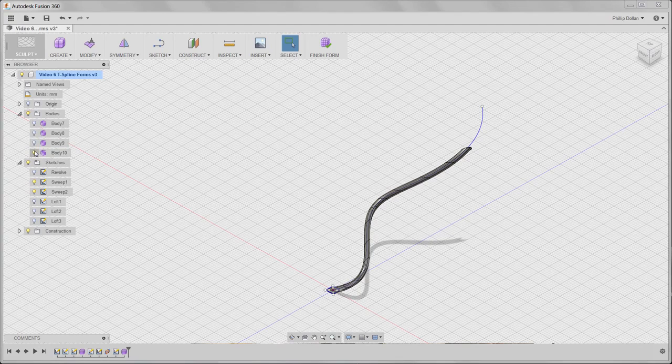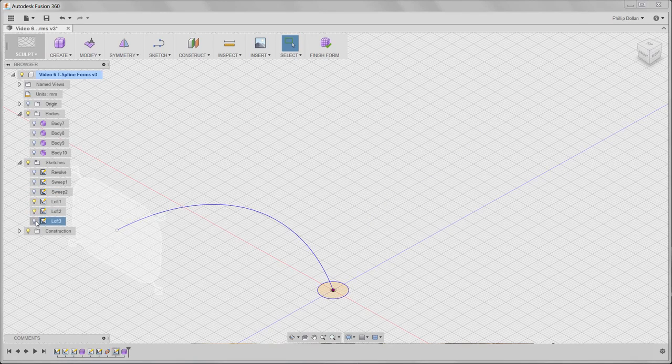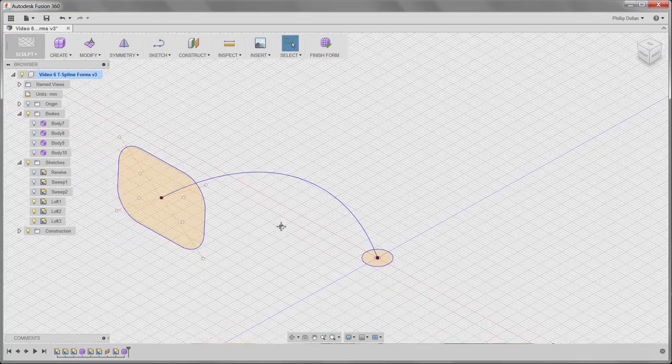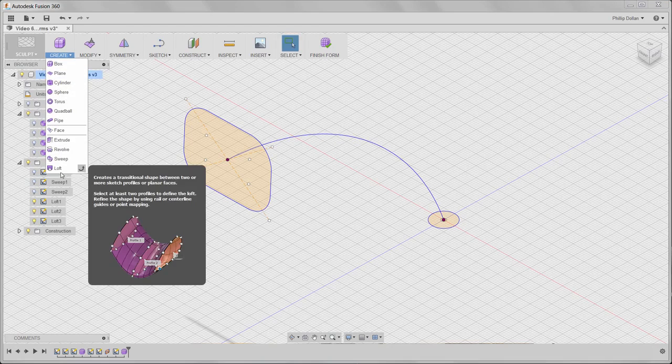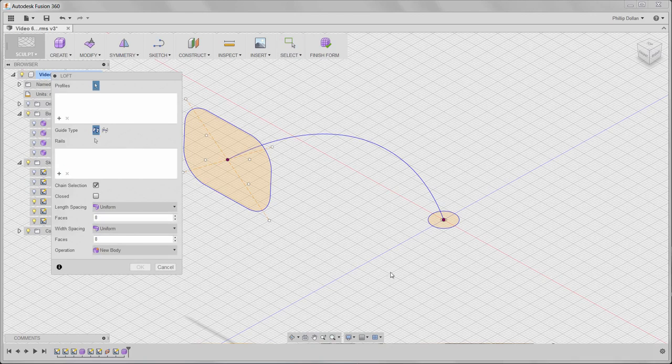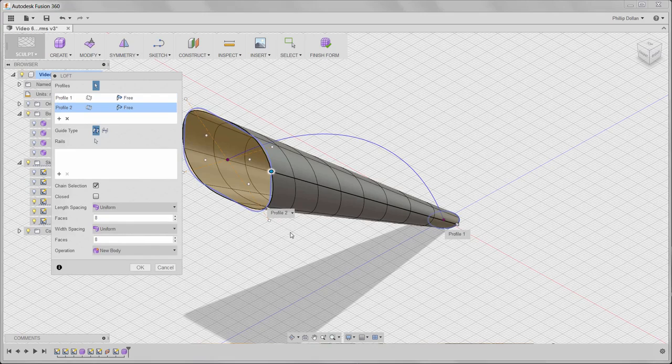As I've done before, turn off the visibility, turn off the visibility of the sketches, and what we want to look at now is a lofted feature. So a T-spline form using loft, 2 profiles, and a center line. Create Loft. I'm going to select the profiles first of all, and when I do that, I get a shape